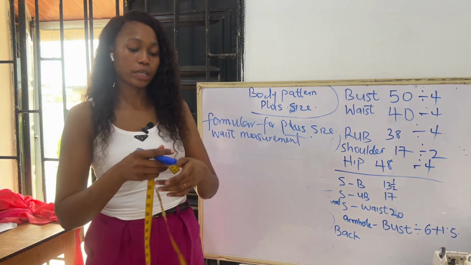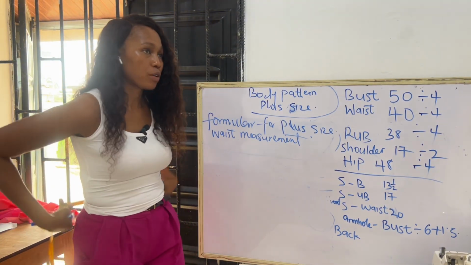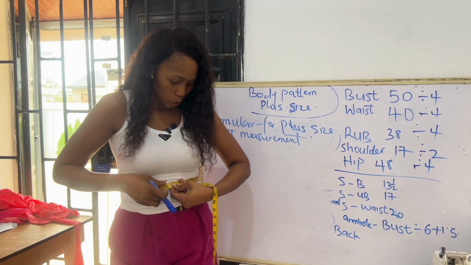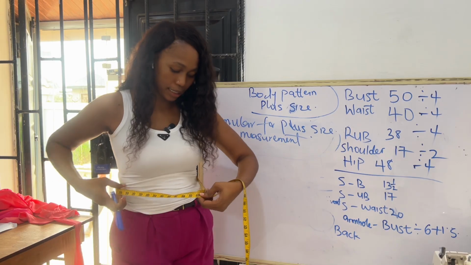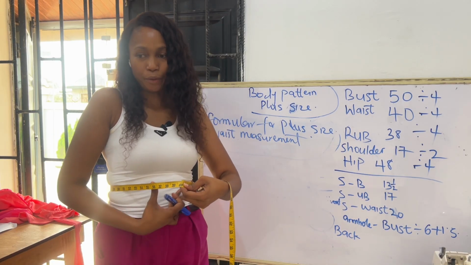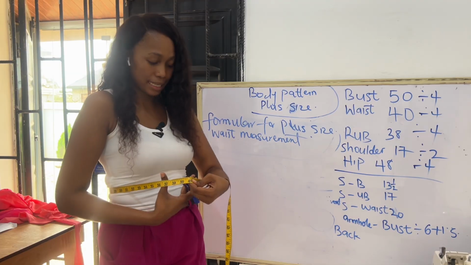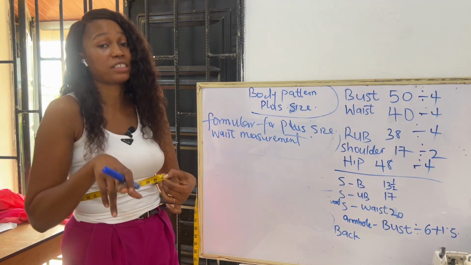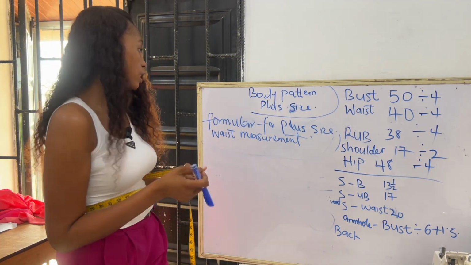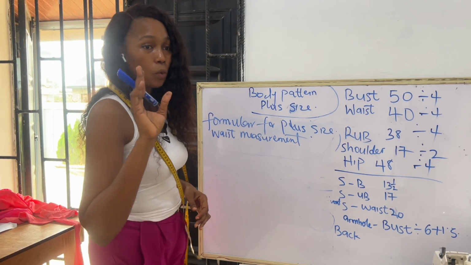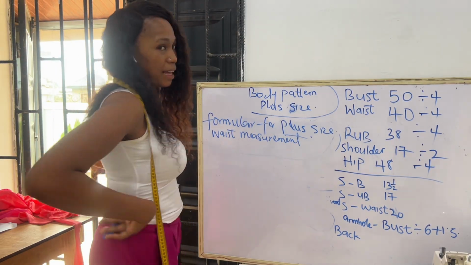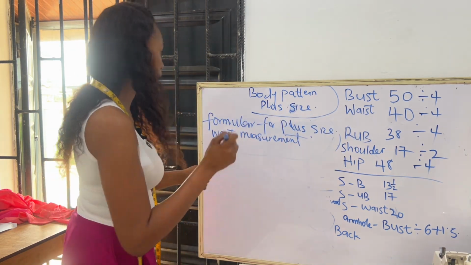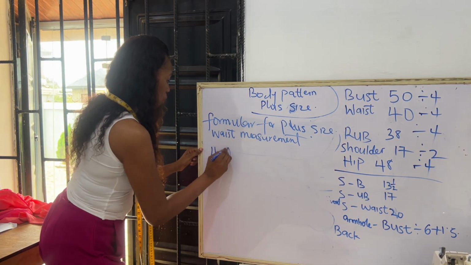You know, when somebody has waist 40, just like me, my waist is 30. I don't really have a stomach like that. So imagine someone with waist 40, all this space is where the fat is, or where her stomach is. So this is waist 40 here. You can see the difference between 30 and 40. That is an extra 10 inches to my own measurement. Whatever you're doing, just consider the back being flat and the front being fuller. So right now, to get your waist measurement, you go with 40